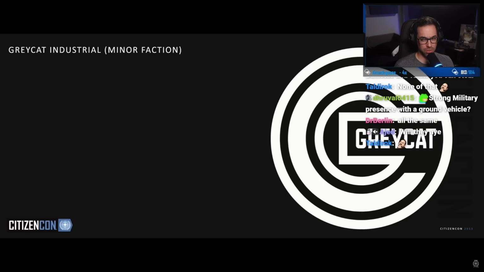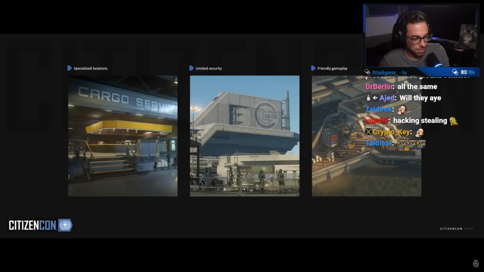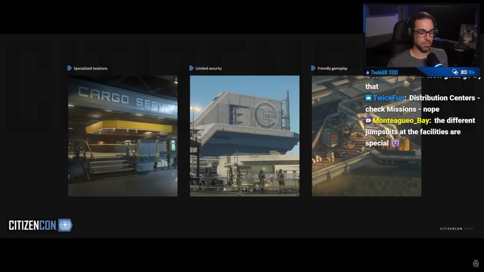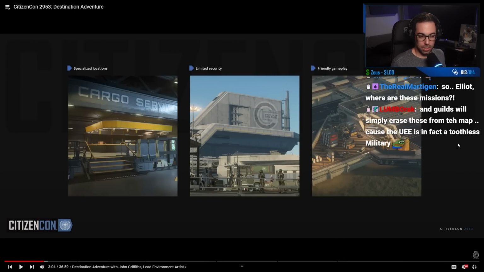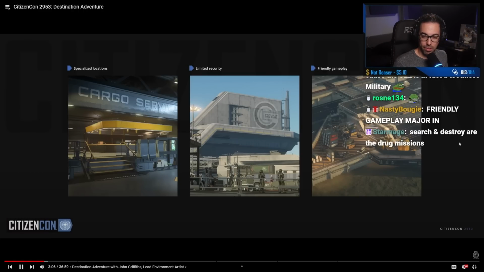Great Cat Industrial would be an example of a minor faction. So their distribution centers will be more specialized towards gathering resources, manufacturing, assembly, shipping. There would be a security presence here, but it won't be that as strong as a major faction. And missions here would be more suited to friendly gameplay loops, though we won't be ruling out...